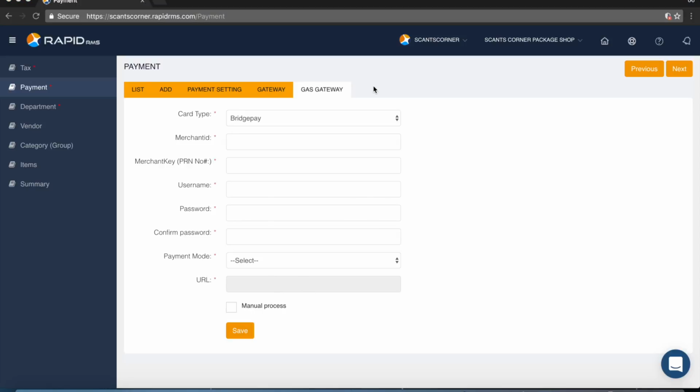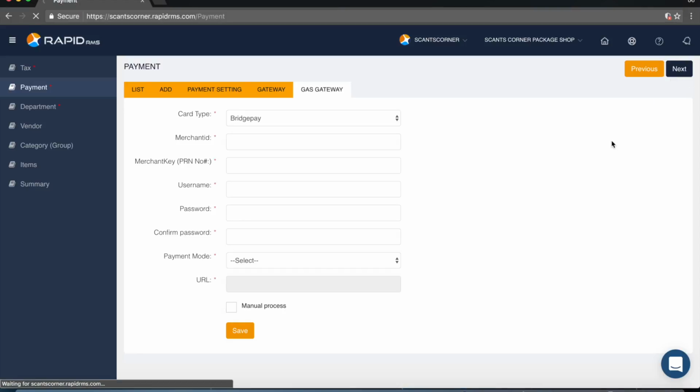If you're setting up Rapid RMS for a gas station, there's one more gateway that needs to be filled out so you can accept credit cards at the pump. Underneath the gas gateway tab, you can select the proper gateway information and fill out the information that is required for that particular gateway and simply hit save, and you'll be able to process credit cards at the pump. Once you're done setting up all your payment types, simply hit next and we'll move along to our next stage,